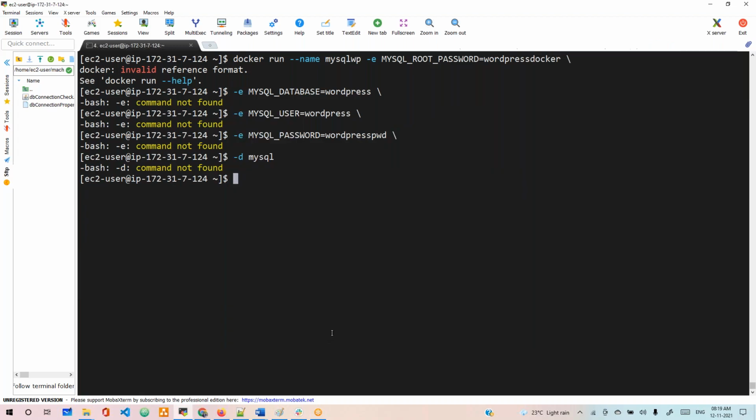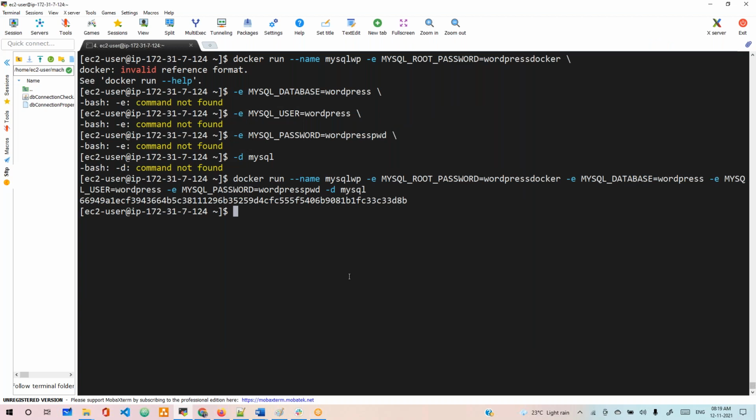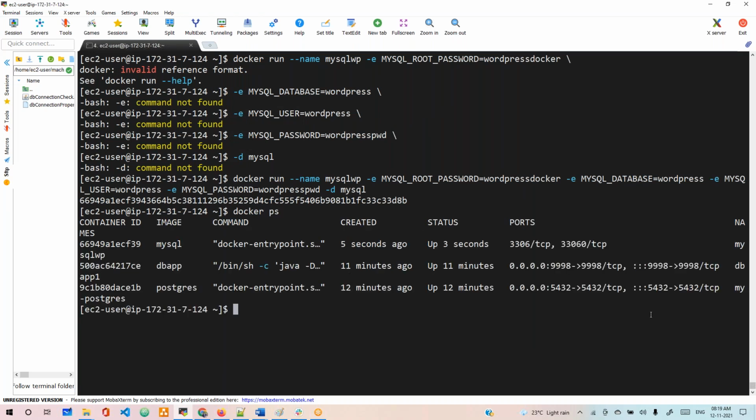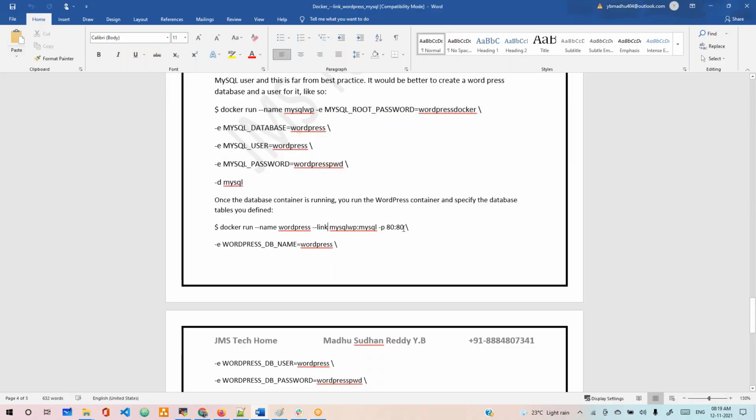Copy this, and then this is the Docker container. This Docker container is running. Okay, this DB is running. The next, let's use